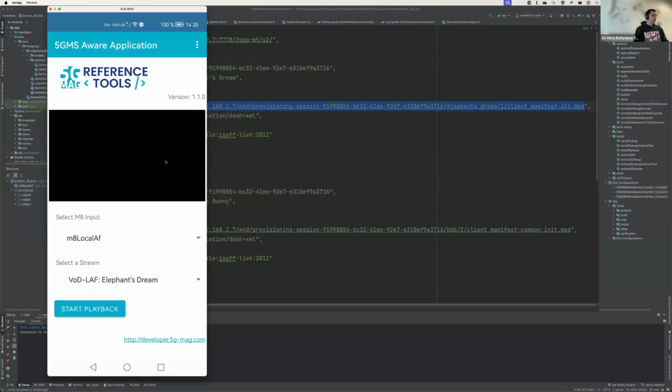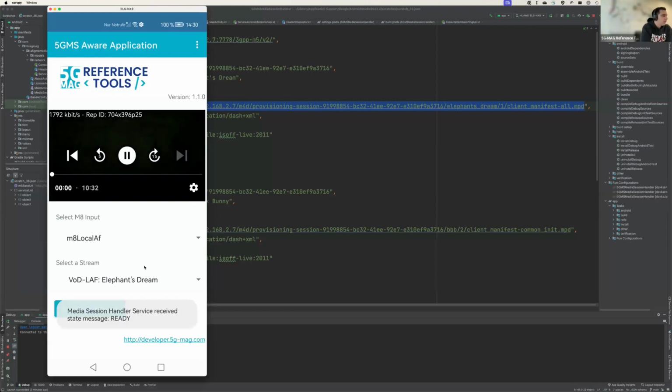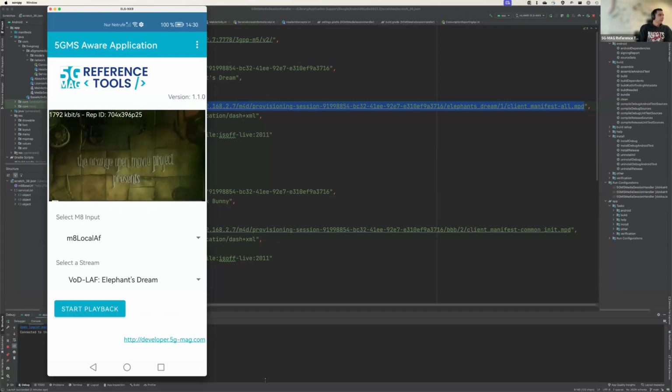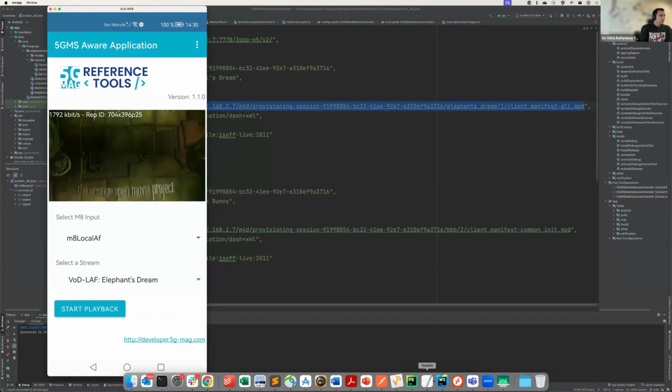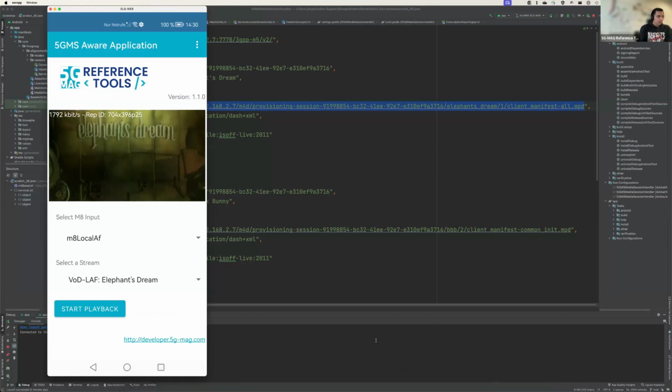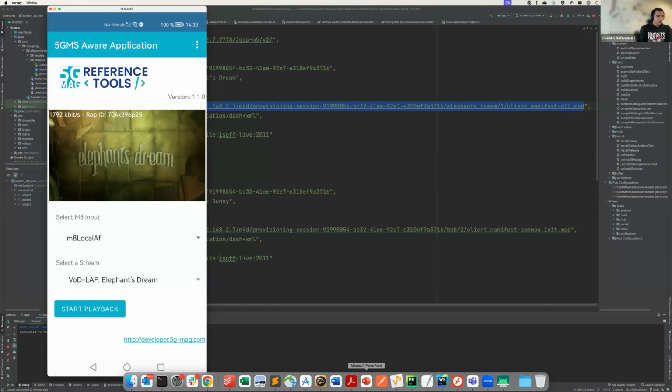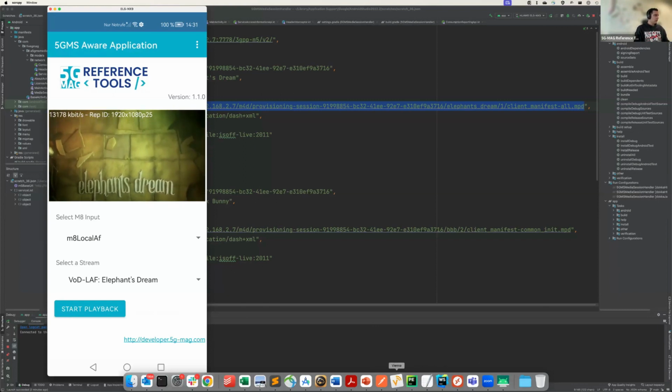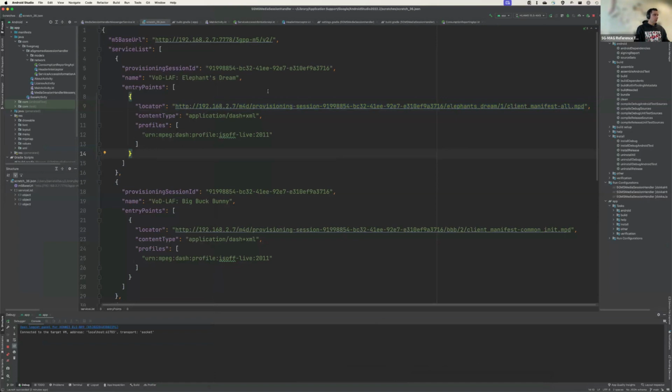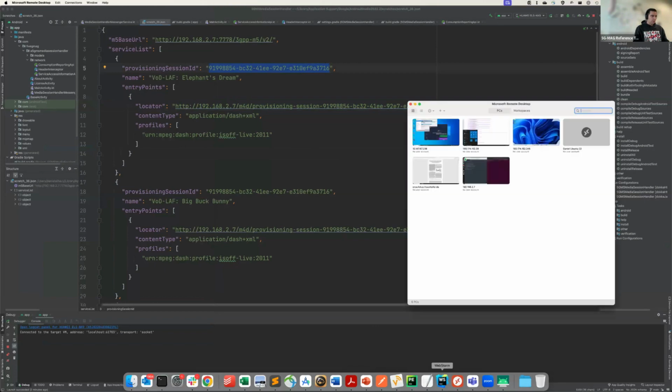If I go back to the Android application now, I can click on Start Playback here. We are fetching the service access information on the UE side, preparing the playback, and then you can see that the playback is running here. One thing that I also wanted to show quickly now is that we are really receiving consumption reports on the AF side. So if we check, let me see how we do that. So you see this provisioning session ID here that starts with 9199. Now, if I go to my Linux laptop,